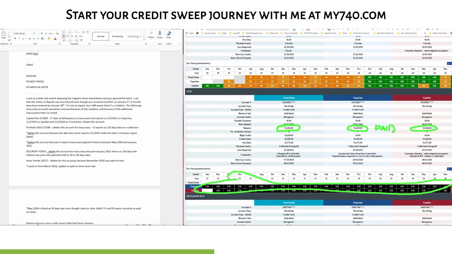Something that you want to note here is that there should be no activity after this account was closed. So if it was closed in February 2020, or if it was closed in March 2020, which is probably when it was actually closed, then all of this would not exist here. It would just be empty. But because there is a balance, this is the reason why you're seeing this. So your dispute reason would look something like this.